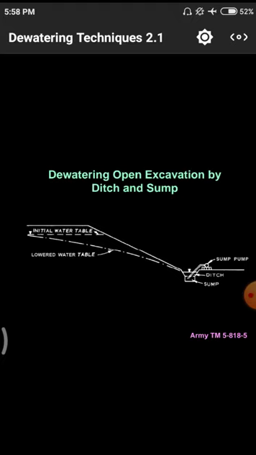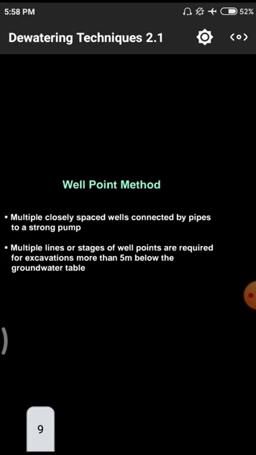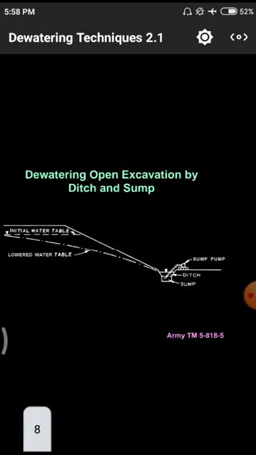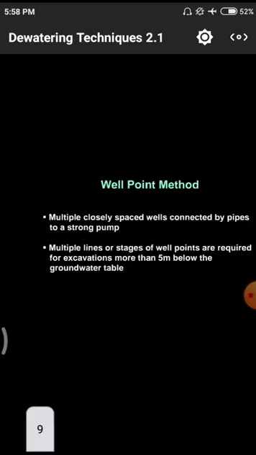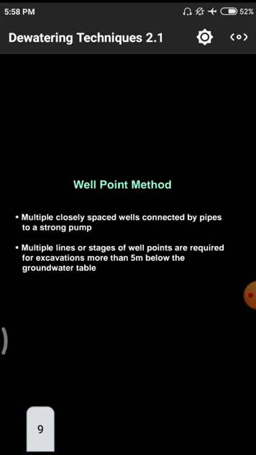We need to remove the quantity of water present in the particular soils, so we have to use this well point method and other pumps. If the groundwater level is very near to the surface, we have to use sumps and other methods to remove the groundwater. If the groundwater is very deep, we need to use bores and others. Nearer depth means some 2 feet, 5 feet, or 10 feet depth. If it is farther, more than 20-30 feet, we need to use these bore-like systems.